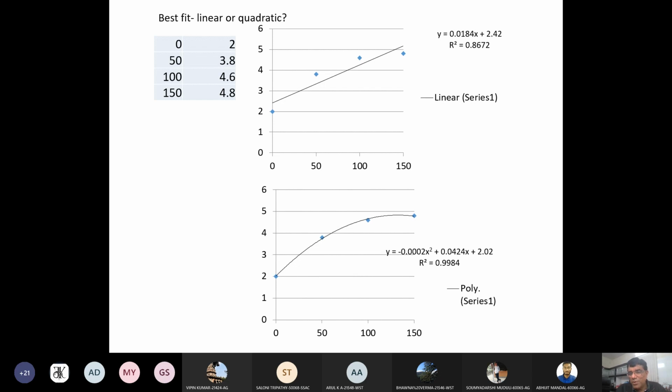In that case, we go for R square. So in the second case where you have the quadratic equation, R square is very high, 0.9984. Although both are significant, R square is very high in the quadratic relationship. Therefore, we will choose the quadratic equation.